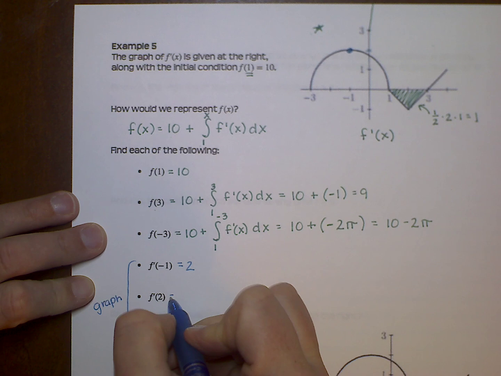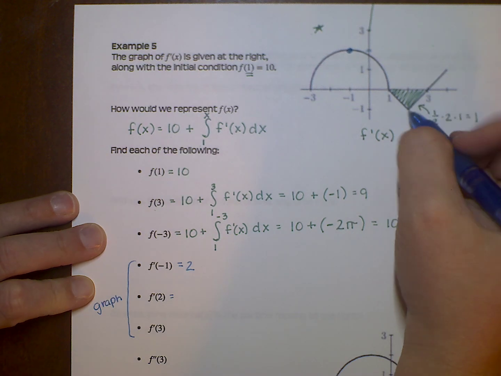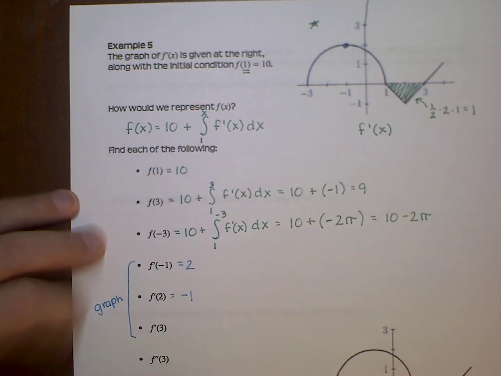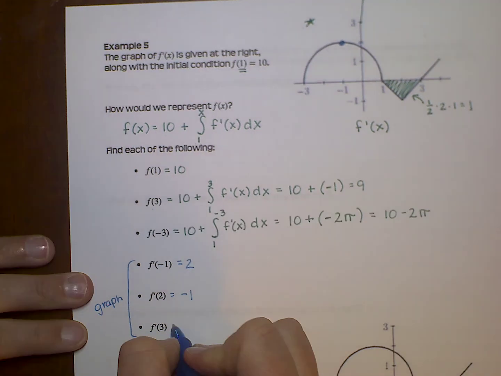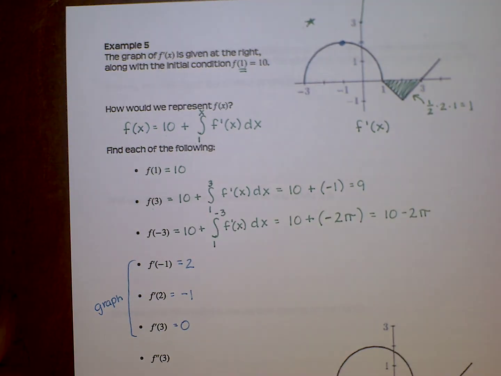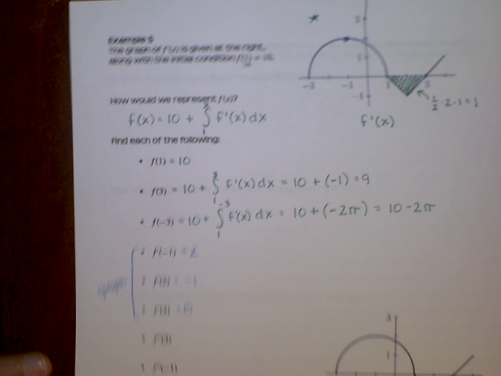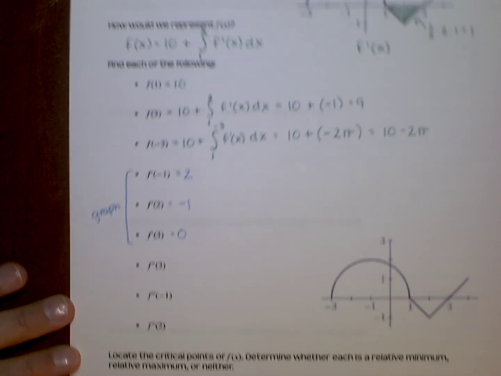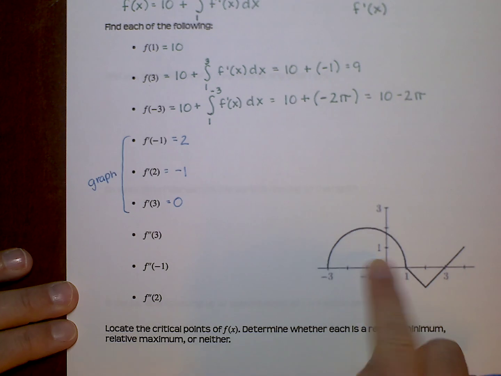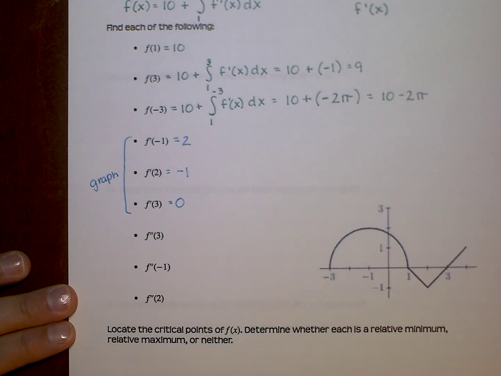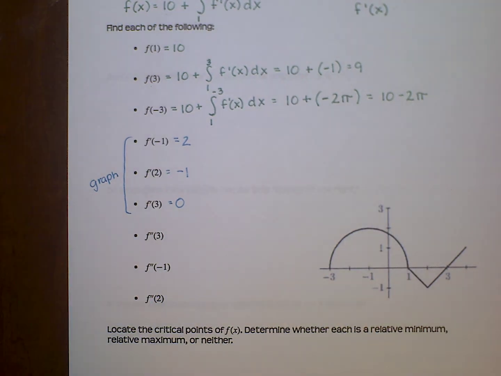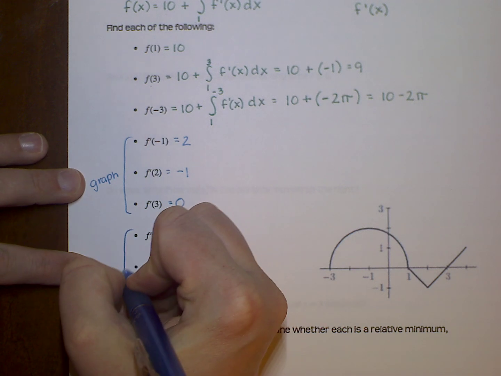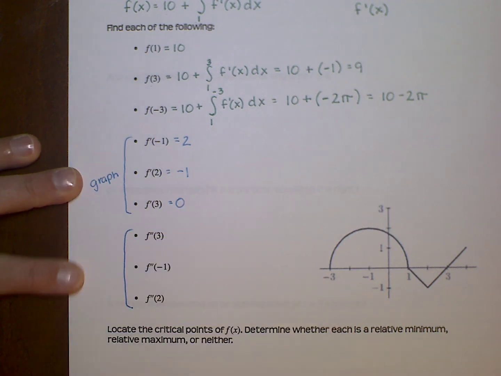So f prime of 2 would be -1. F prime of 3 would be 0. Okay, those I'm just pulling right off the graph. Okay, if I have f prime, and by the way, this graph is exactly the same. I just did this so that as I scrolled, we could still see the picture. This is how you get a second derivative if you're looking at the first derivative graph,